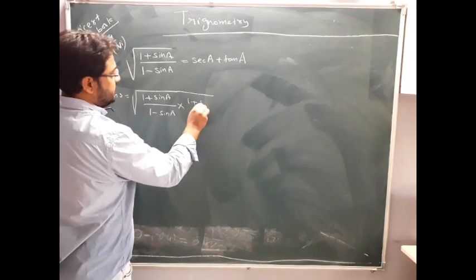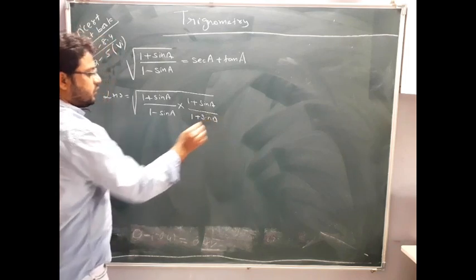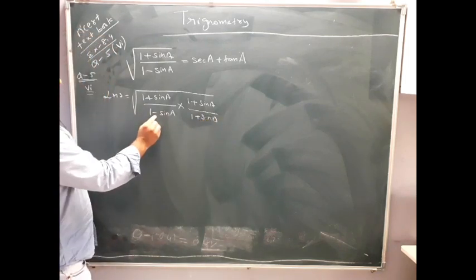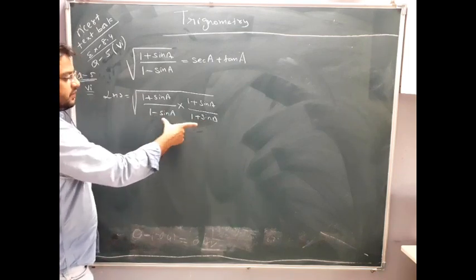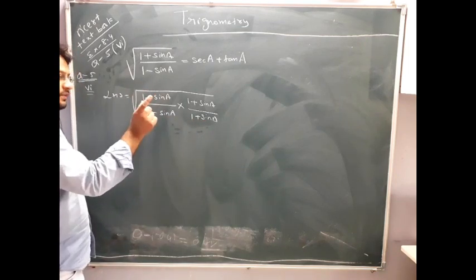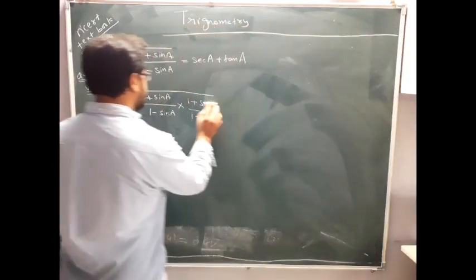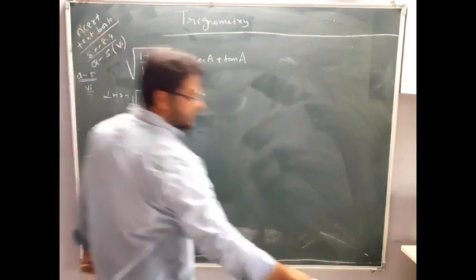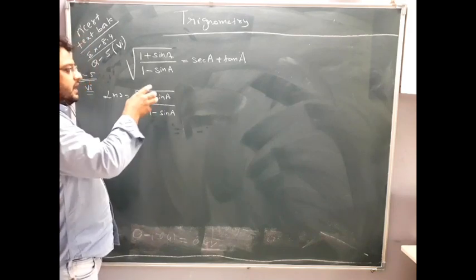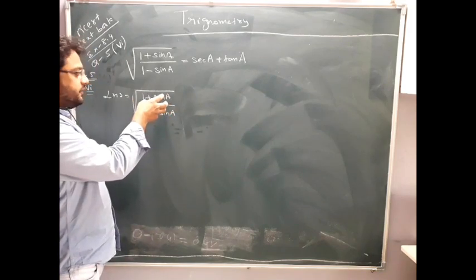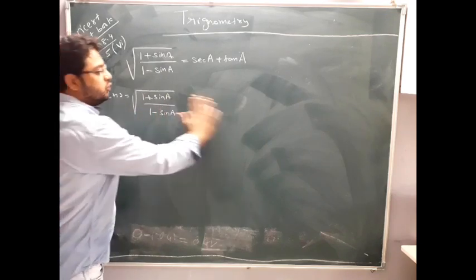It is 1 plus sin A, divided also by 1 plus sin A. Why the opposite sign? Because here it is a minus, so if I do a plus, it will be 1 minus sin square, which will be converted into only one term, that is cos square. Clear? So you have to rationalize here. Remember, whenever you have one root, in that root a 1 and the same trigonometry function in numerator and denominator, with a plus minus sign, then you have to rationalize it.